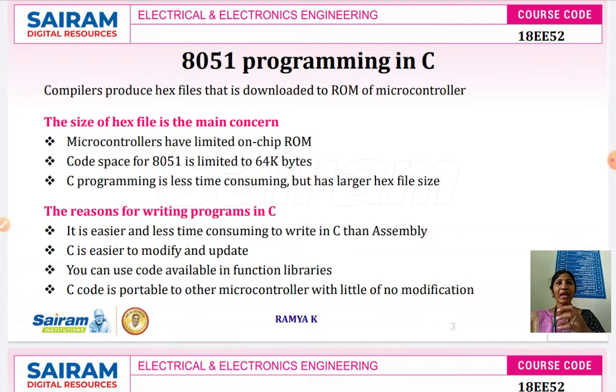Now, why do we need embedded C? Embedded C means a set of language extensions for the C programming language, enhanced for different embedded systems. In 8051 microcontroller programming, we will be interfacing hardware devices with software. For example, we will be writing a program for an elevator, a program to run a DC motor, and a program to run a stepper motor. Likewise, we will be interfacing some hardware devices. So we have to embed the hardware into the software. So programming is done in C.